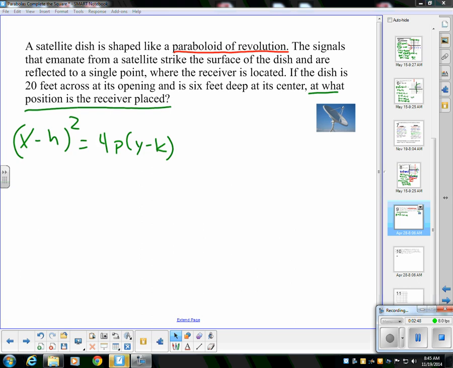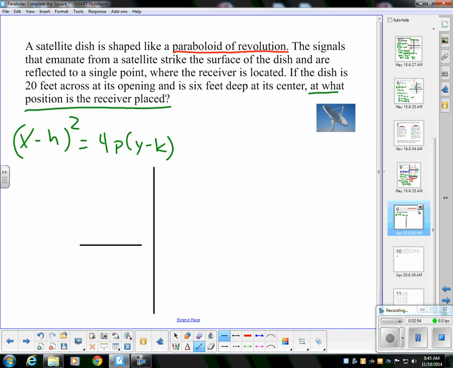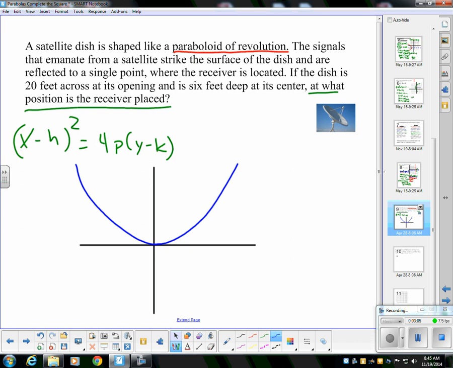In order to find p, we've got to create some kind of an equation. Well, here again, this is nice because you have a little bit of leeway. So what I'm going to do is put a graphical representation here. Because I have the leeway to do this, I'm going to make my parabola, and I'm going to center the point (h, k)